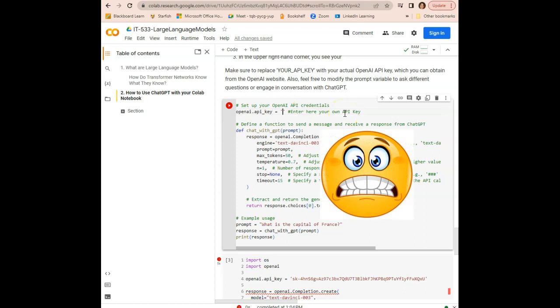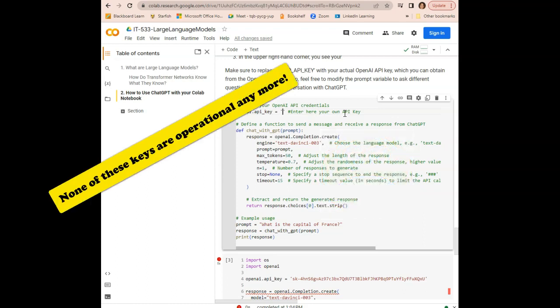Now, this should never be done in real life this way, simply because it is not a best practice in software engineering, and is actually a vulnerability to ever hard code logins and passwords within code. We're going to do this now because this is a classroom environment, and this should be for the classroom environment only. So I'm going to paste the key that I just obtained into my code here,